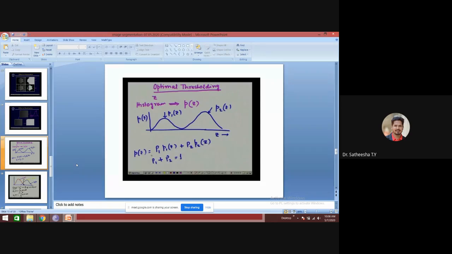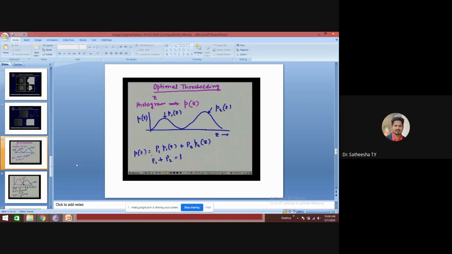Now once we represent the random variable by this z, then the normalized histogram of this particular image can be viewed as a probability density function p of z of this random variable z.